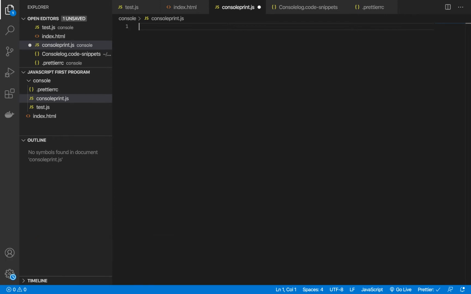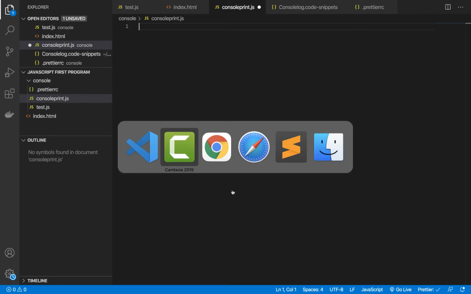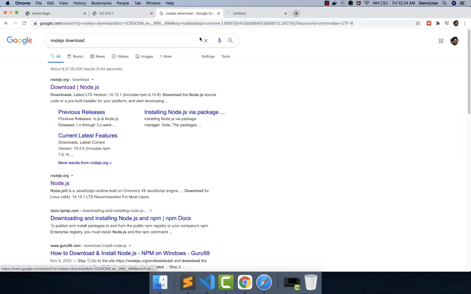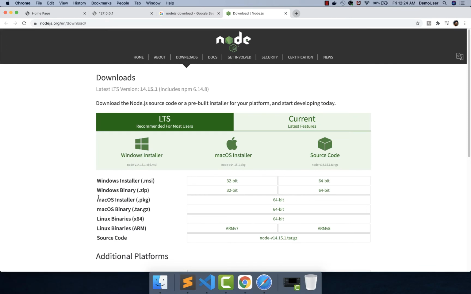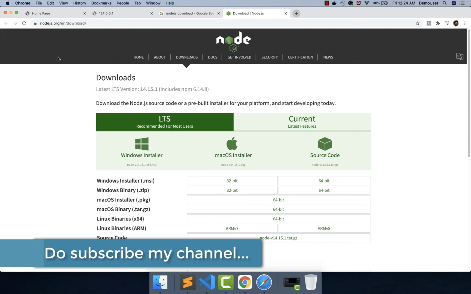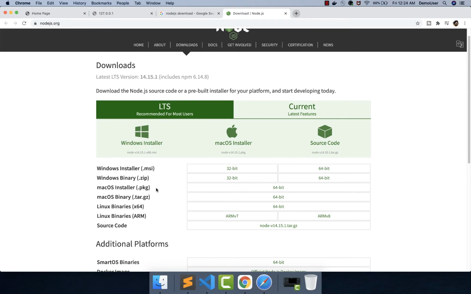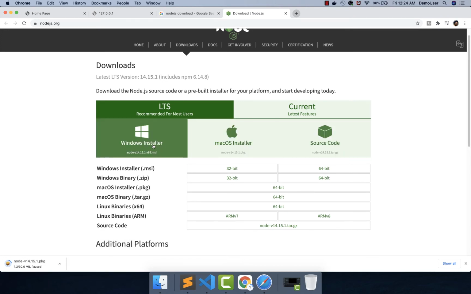Now for this session we have to see how to install Node before even using npm. So I'll just go to my browser instance and I will search, let's say, Node.js. For those who have not installed Node.js, you can use this particular website, that is nodejs.org/en/download. You can just download the Node.js package from here depending on the OS that you're using. If you're using Mac OS, you can use the version for Mac. If you're using Windows, you can use the one for Windows.